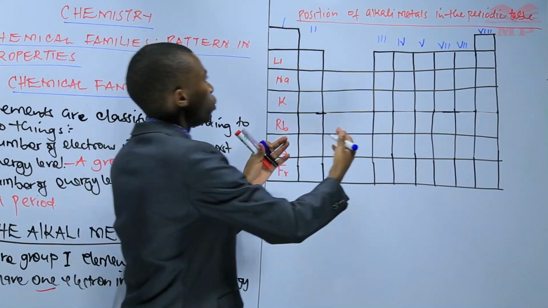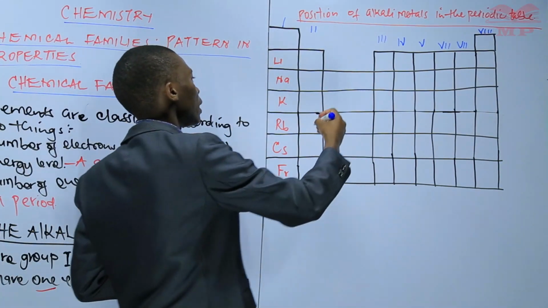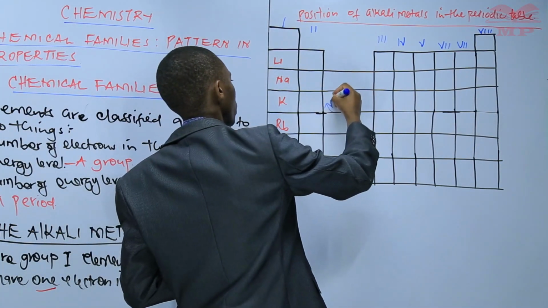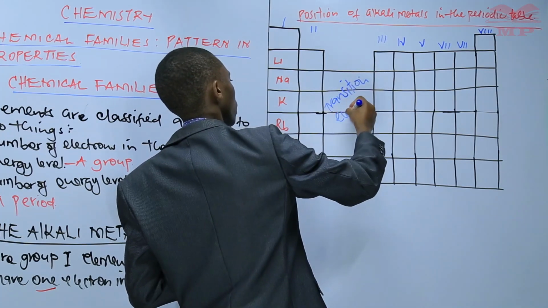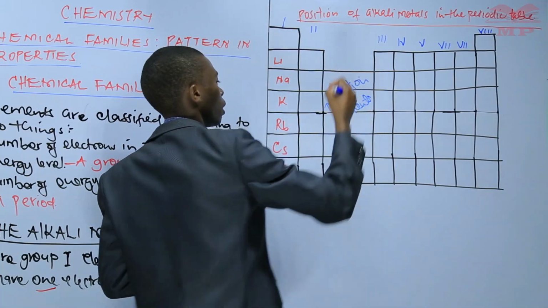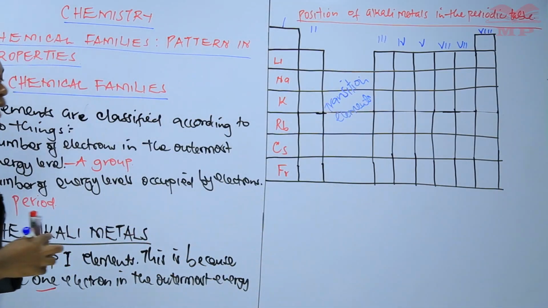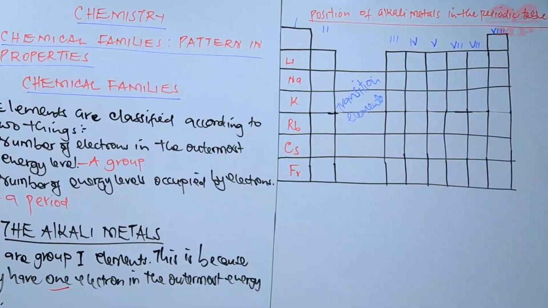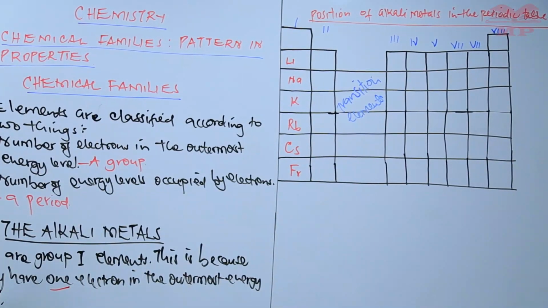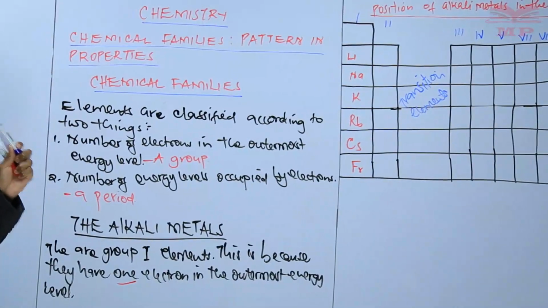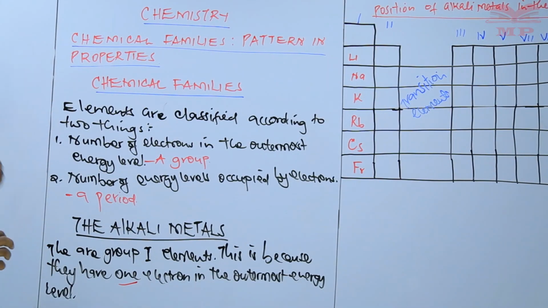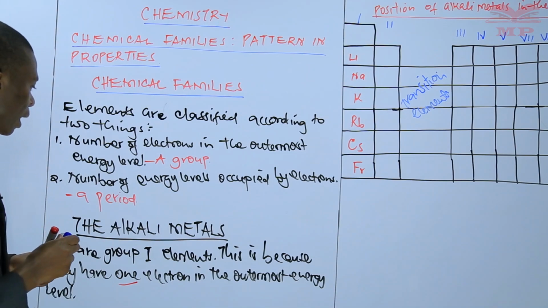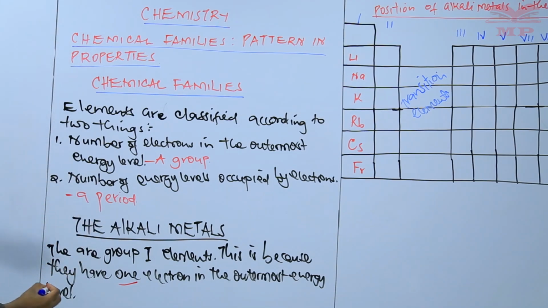Then there is a space in between group 2 and group 3. These elements are called transition elements. When you talk about a chemical family, we are talking about the elements which have the same number of valence electrons in the outermost energy level. So the alkali metals include